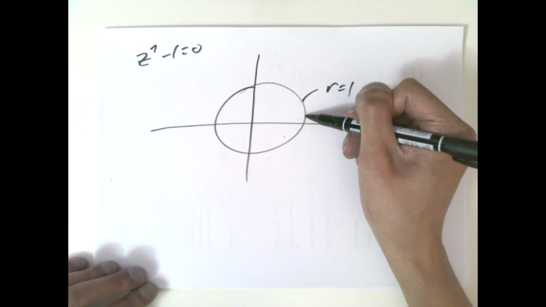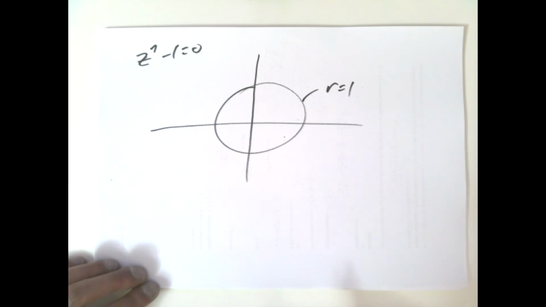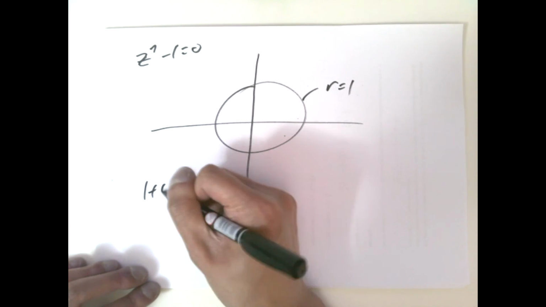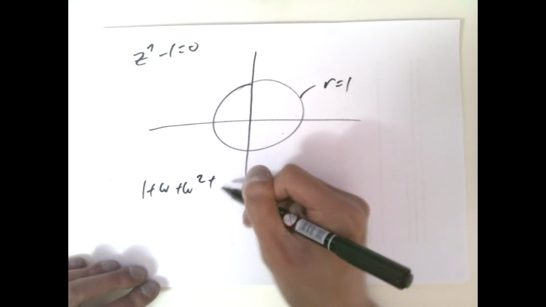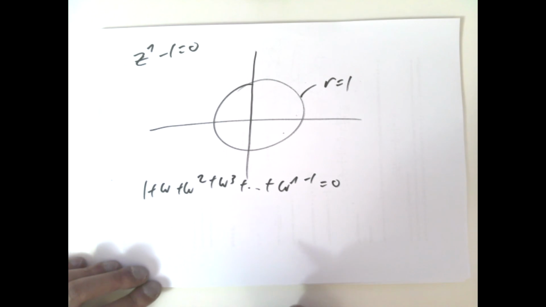So all the roots of unity lie around this circle, where the sum of all the roots and the product of all the roots